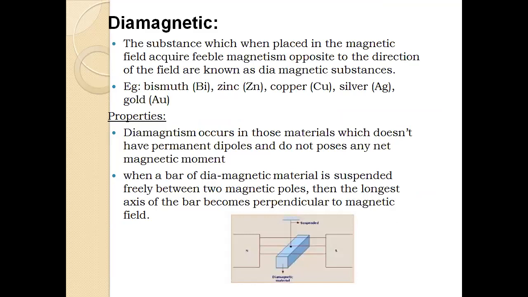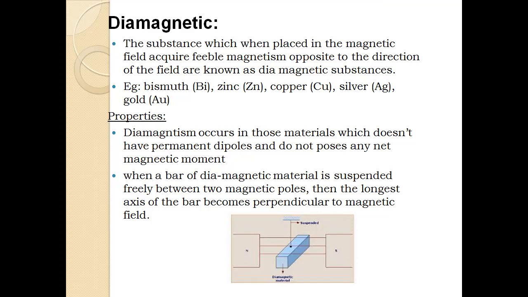First of all, a diamagnetic material. The substances which, when placed in a magnetic field, acquire feeble magnetization opposite to the direction of the field are known as diamagnetic materials. Examples: bismuth, zinc, copper, argon, gold, and so on. Coming to the properties of diamagnetic material, diamagnetism occurs only in materials which lack permanent dipoles. Now, when you place such a diamagnetic material in an external magnetic field, then